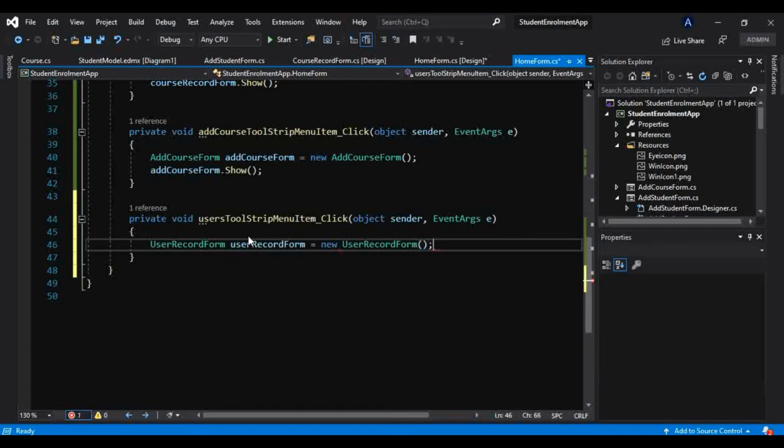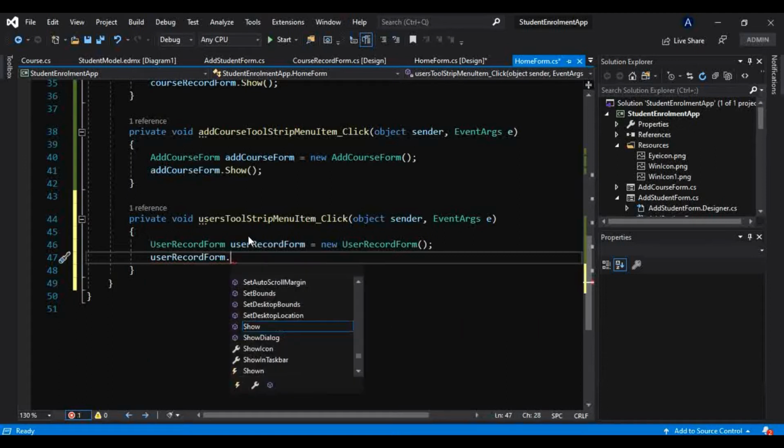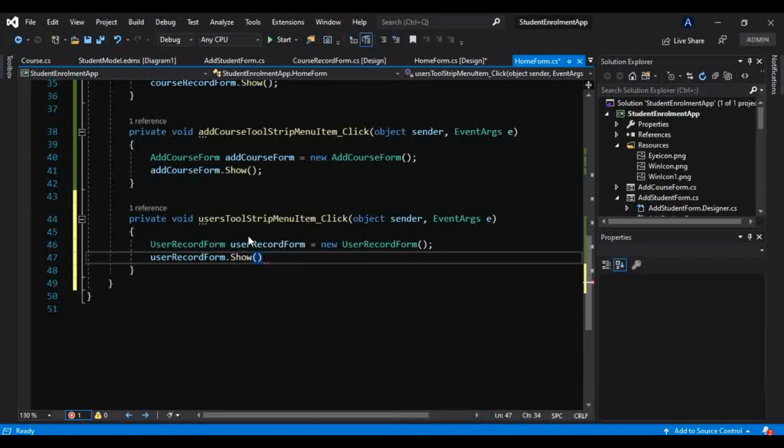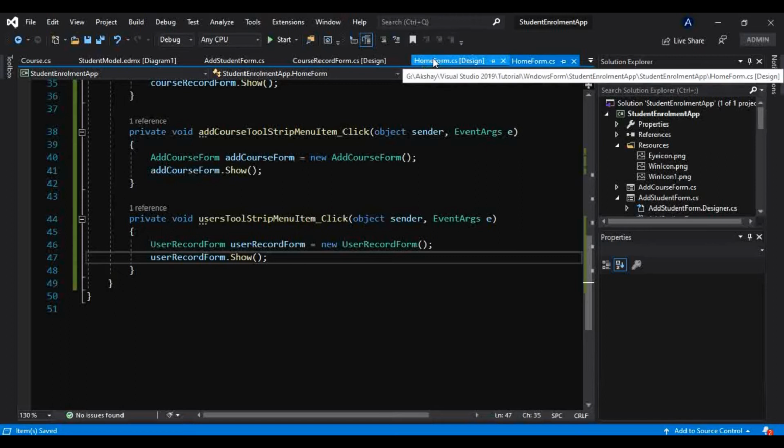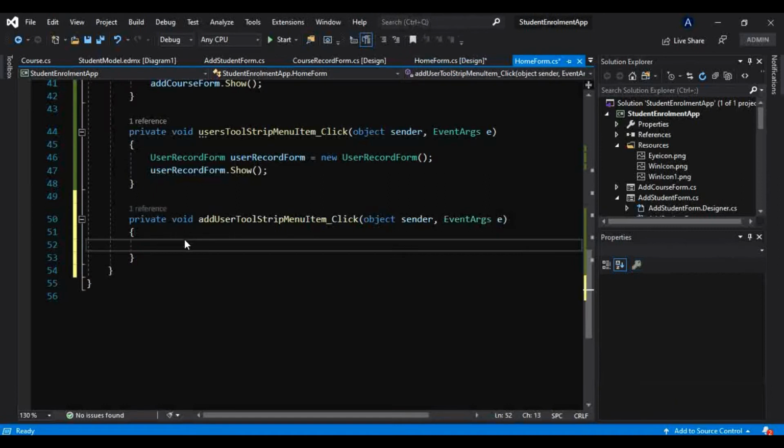And as we have already learned how to design this form, how to create this form, how to make a database connection, how to save this data into the database, all these things we have already learned. Okay, and that is why I will not invest my time in this, because we have so many things to learn in this part as well. Okay, so for add student, for add user